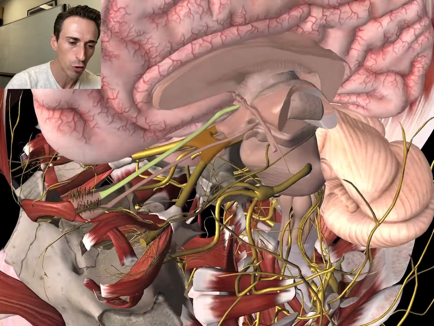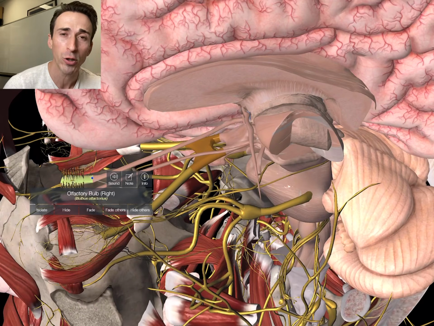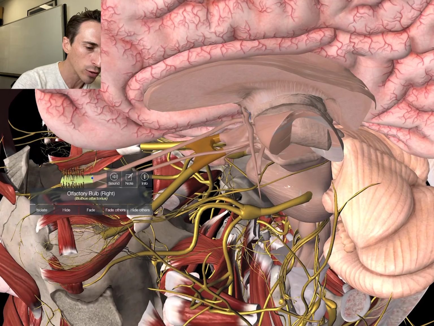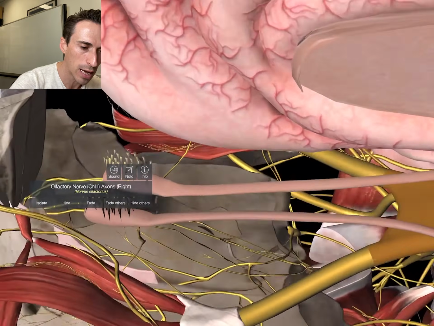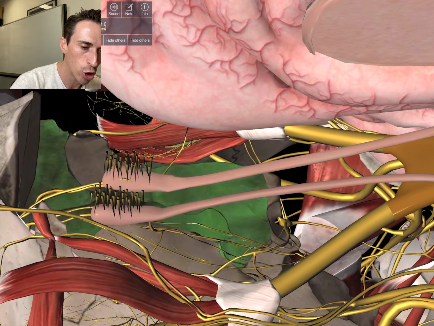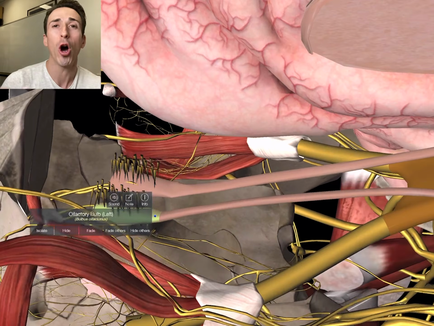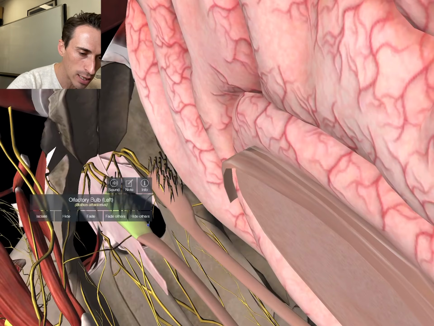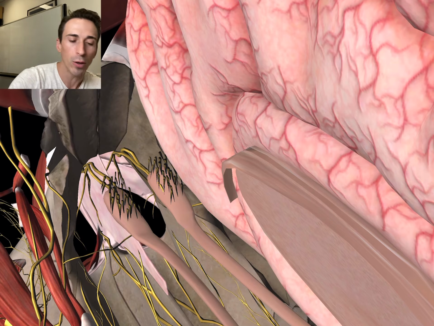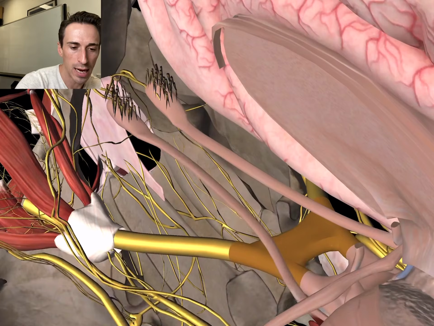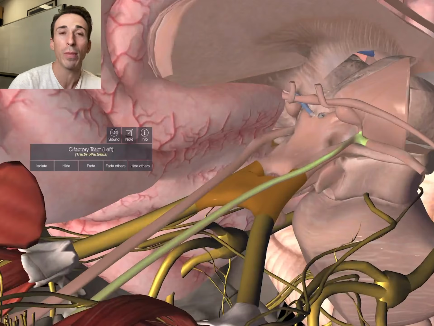You can see the olfactory tract here, which is terminating at the olfactory bulb, and you can see the axons of the olfactory nerve right here. Now, the various terminals of these axons are picking up odorants. So if we look down, you can see the opening cavities of the nares, of the nose. And so odorants will be moving up, and these are chemicals, and they are being picked up by the olfactory bulb and transmitting this signal down this olfactory nerve back to the brain